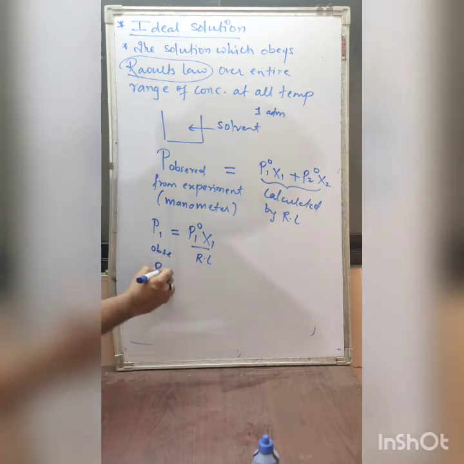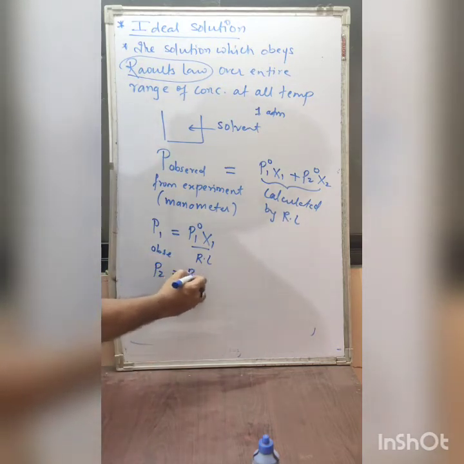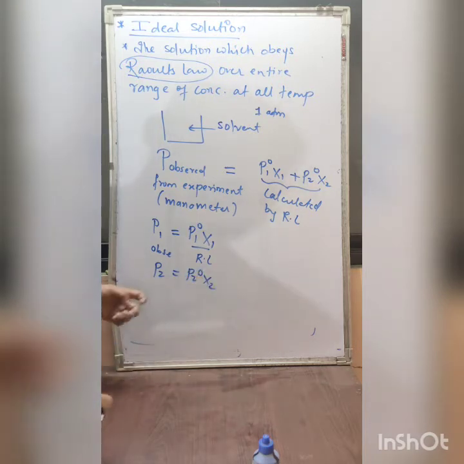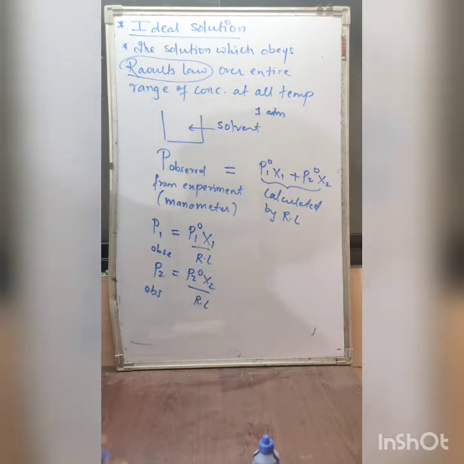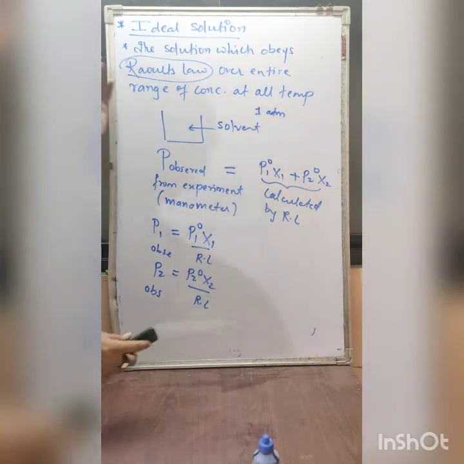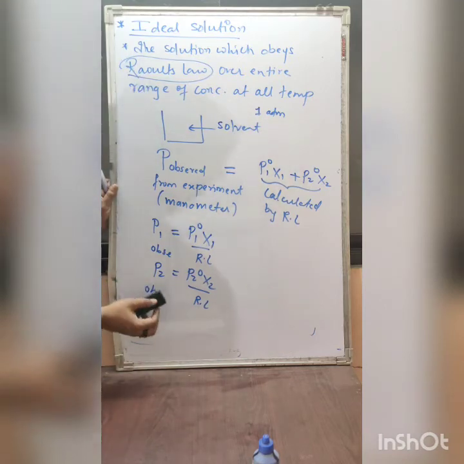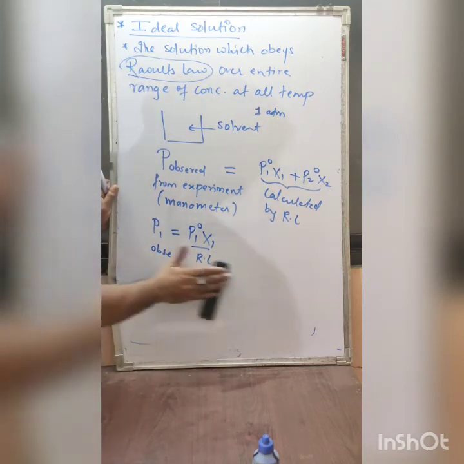Same here, P2 will be equal to P2⁰x2. So P2 observed vapor pressure and P2⁰x2, calculated by Raoult's law, are both the same. Okay, so this is the first condition: the solution obeys Raoult's law over the entire range of concentration